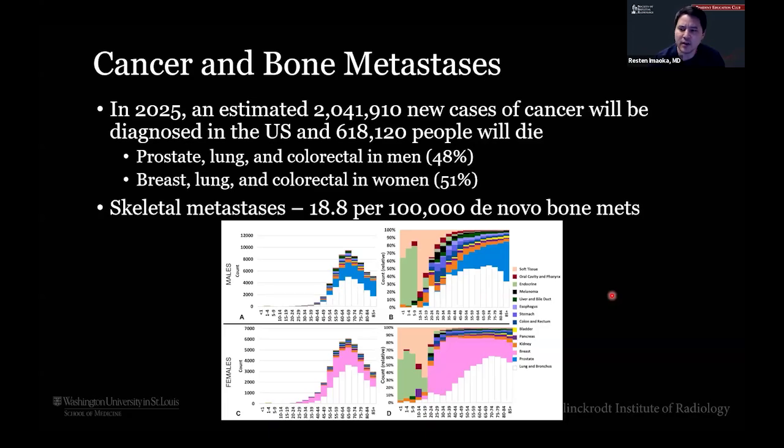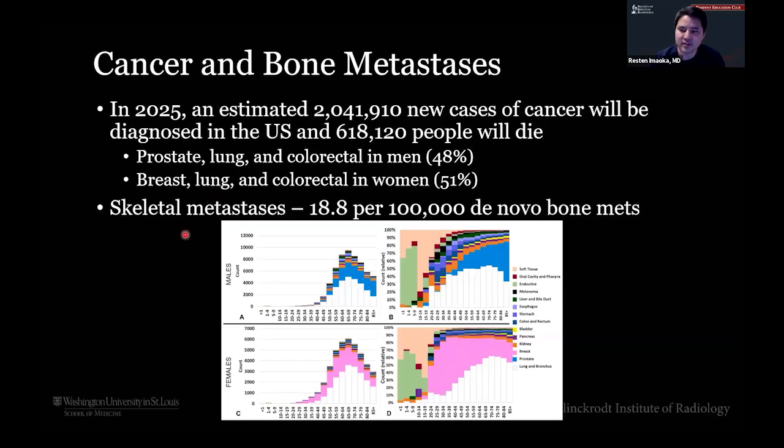In general, cancer rates are going to be highest in countries whose populations have the highest life expectancy, education level, and standard of living. That kind of makes sense, right? There are always going to be advances in chemotherapy and immunotherapy, and people who are fortunate enough to have access to those treatments or have longer life expectancy are unfortunately going to have more diagnoses of cancer. If we look at these numbers here, prostate in men, lung and colorectal are the most common. And in women, you're going to see breast, lung, and colorectal.